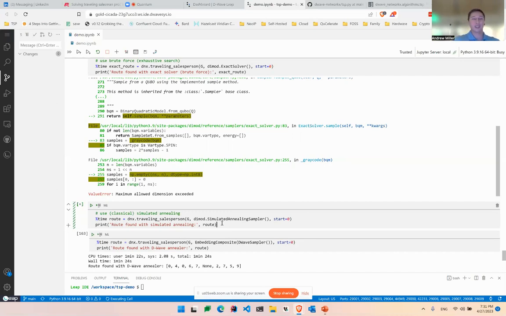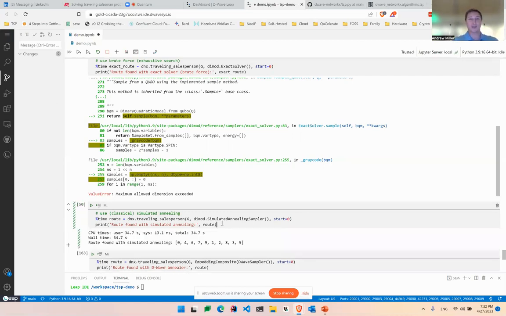It's still running on the simulated annealer. It took 30 seconds to run this problem, and it's only 10 cities. But if you look at a warehouse, you have thousands of shelves, and to pick an order or a set of orders, you may have to visit hundreds of shelves,